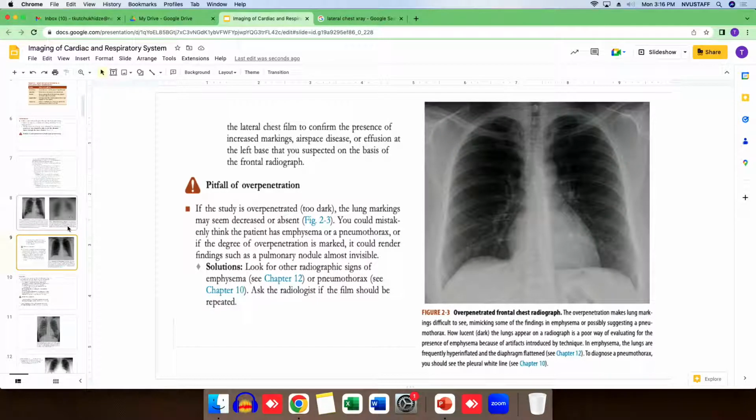Another marking means that when our picture is overpenetrated, it will be too dark and large markings will be decreased or absent at all, and we won't be able to understand if the patient has some kind of pathology, for example pneumothorax or emphysema, because if you remember, if we're having, guys,